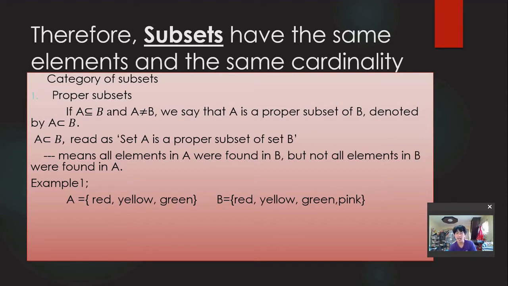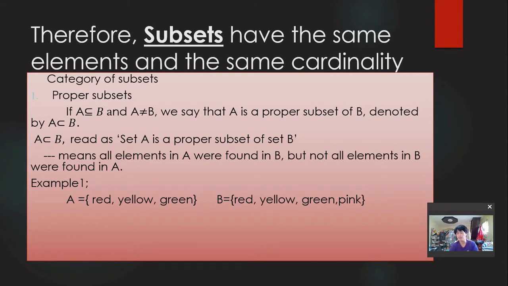Now look at their elements, A and B. Try to look harder. There are 3 elements in A, and there are 4 elements in B. The first question is, were all elements in A found in B? Do we have red in B? How about yellow in A? Is there any yellow also in B? Yes. How about green in A? Is there any green in B? Yes also. And